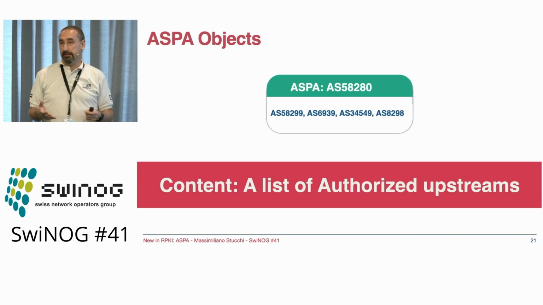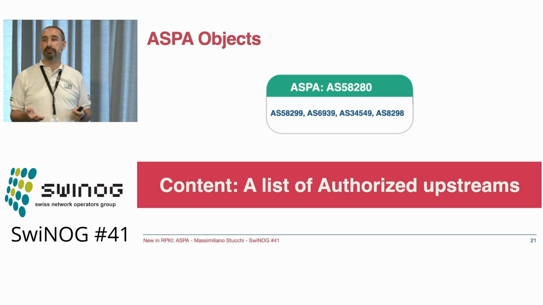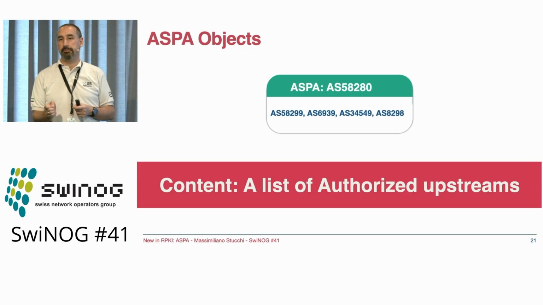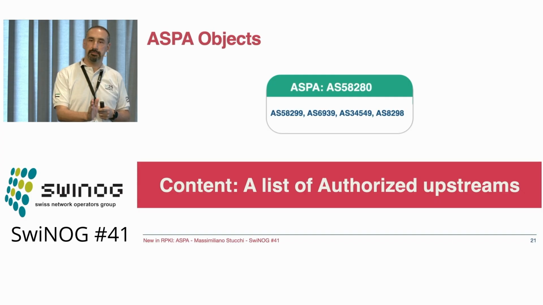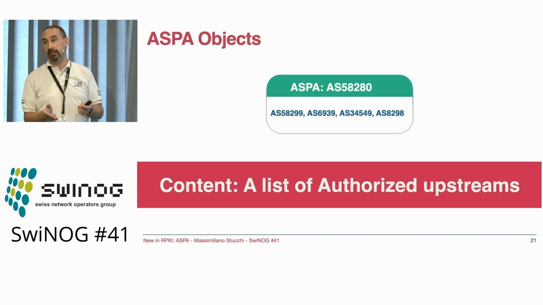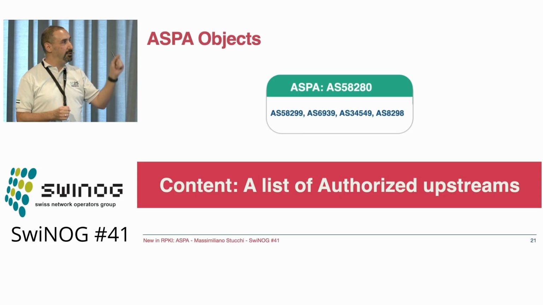It's not all here, but this is all you need to know to understand how ASPA works. You just have to create this object and list all your upstreams, not the peers, just the upstreams, just those you buy transit from. Not your peers at an IXP, not your peers on a PNI, nothing else. So it's very simple, and it takes 30 seconds to log into the RIPE-NCC portal, go in and add your ASNs as a list to your ASPA.